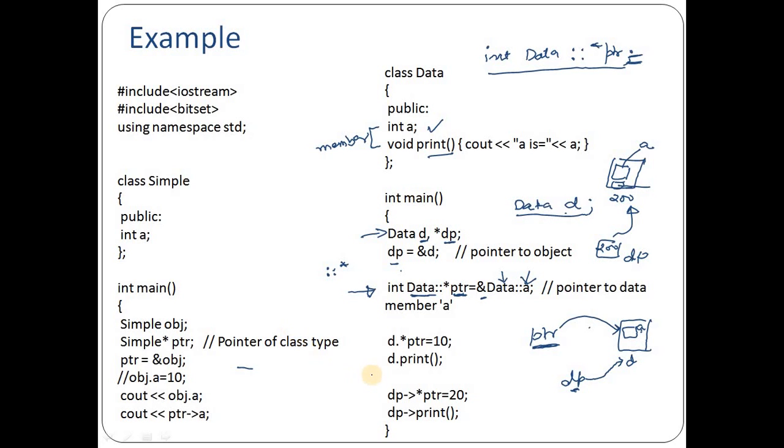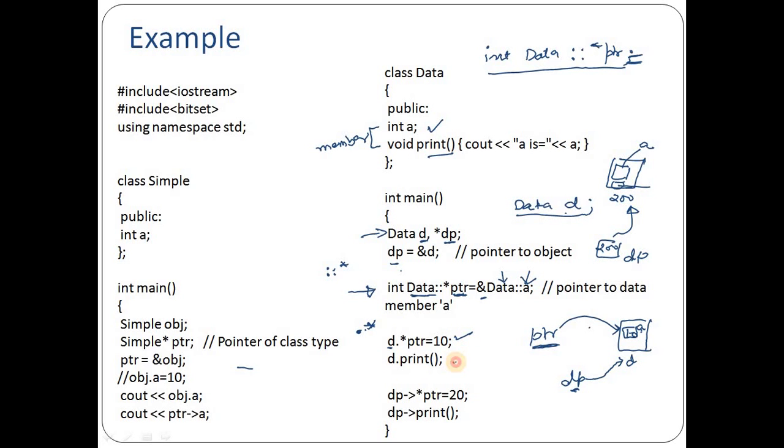To assign something inside this a, because in this line we already told the compiler that ptr is now pointing to variable a. So if I directly write d dot star ptr, dot is used because I am using the object d. Dot star means we are going to access the member of a class using the pointer which is declared earlier in this line. So in this line d dot star ptr will assign a value 10 to a,